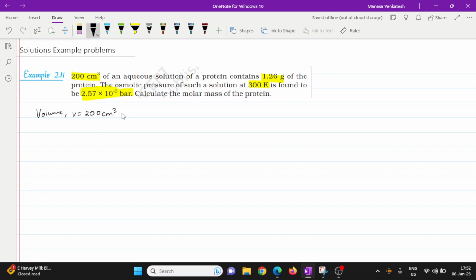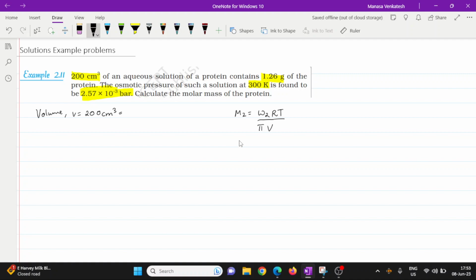And this we can convert it to liters. The reason we want to convert it to liters is because the equation we are going to be using is M2 equals to W2 RT divided by pi into V, where W2 is the mass of the protein,